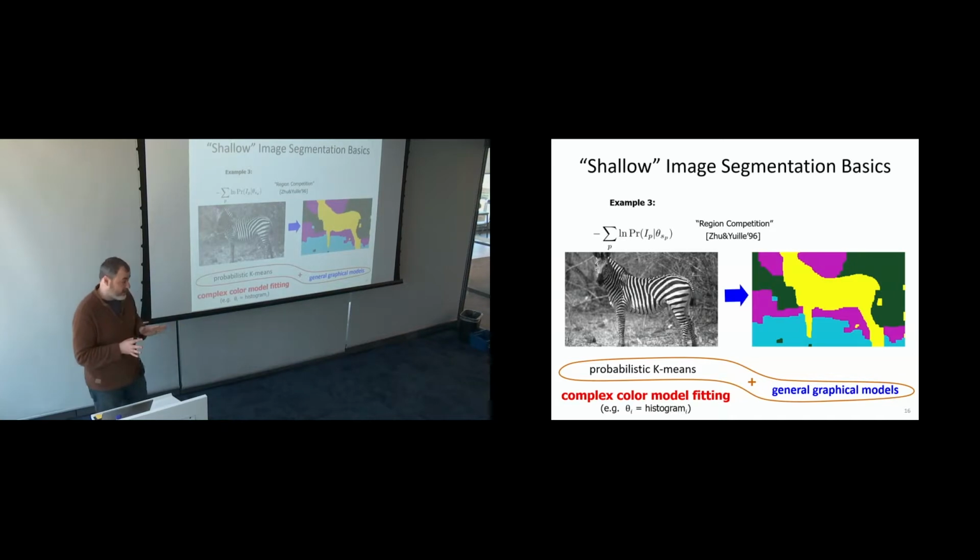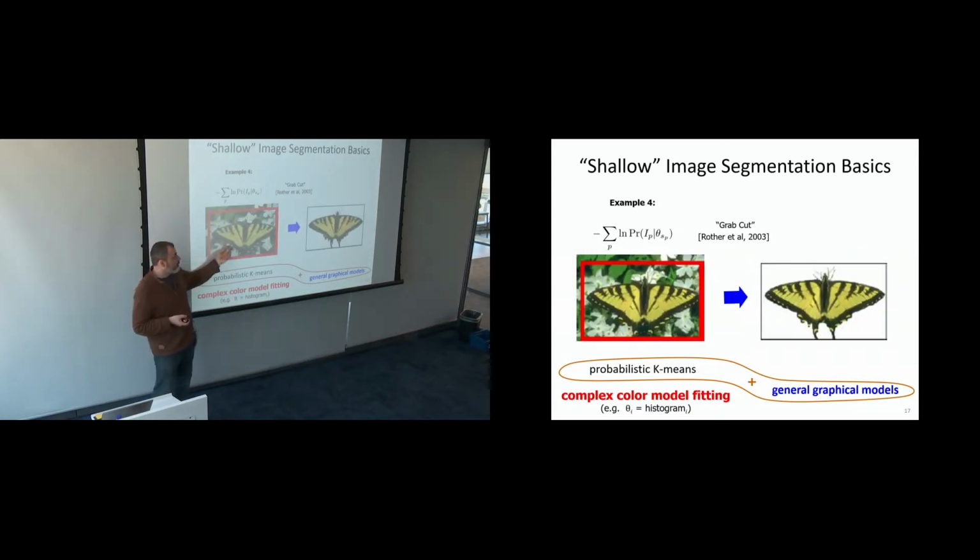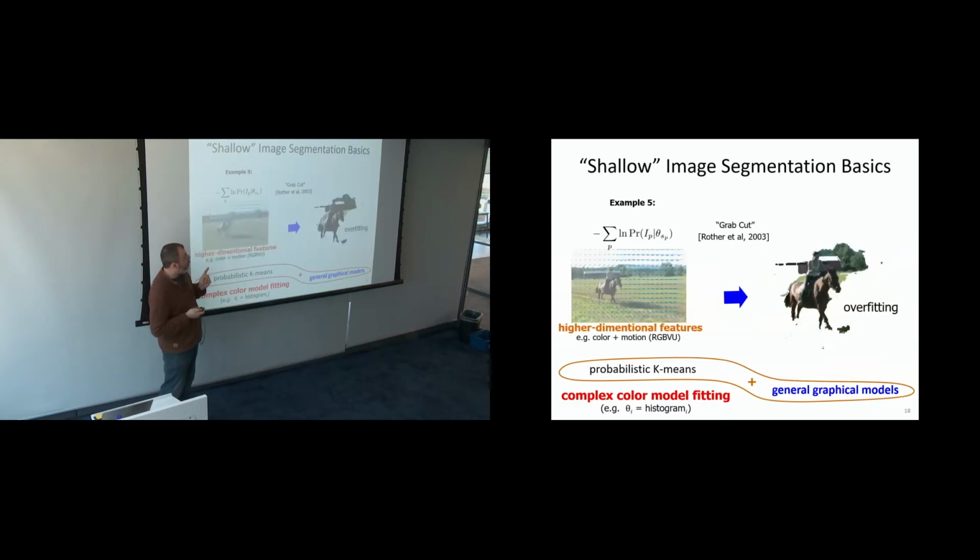You can imagine k-means as hard, actually, if you do it right. I mean, hard meaning you can guarantee something. For this, it's much harder to guarantee anything. And actually, you have to be very careful numerically. For example, you have to control bin size. If you go to high dimensions, for example, suppose your feature is not RGB, but you also add some motion or depth, this idea gets stuck in local minima, even though it's impossible to make it run, histogram fitting.